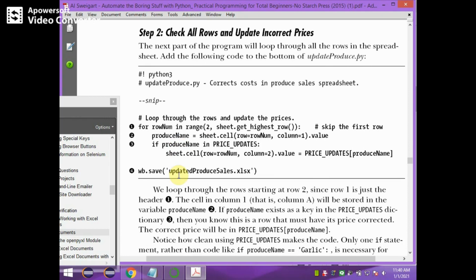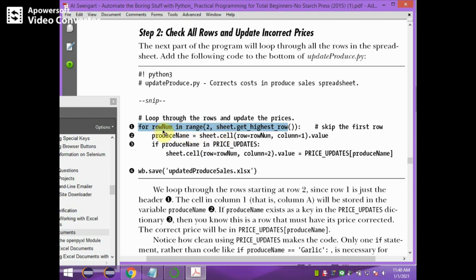Now first we have to check all the rows and update incorrect prices. For row_num in range(2, sheet.get_highest_row()), the row number ranges from 2 to the highest row.